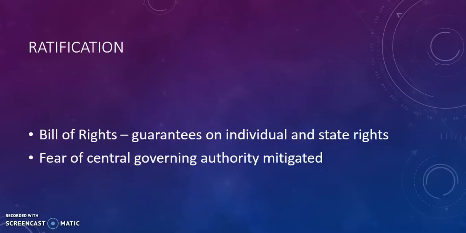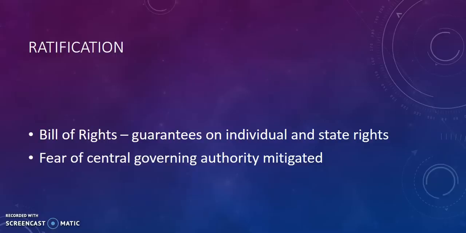Now, when it came to ratification, that was the difficult part, right? In many ways, coming up with the Constitution is the easy part, despite the many obstacles they encountered. But the only way that they were going to have the states ratify this new Constitution, this new document, is through adding a Bill of Rights, which was going to alleviate some of the fears that the smaller states, especially Rhode Island, had about this big national government.